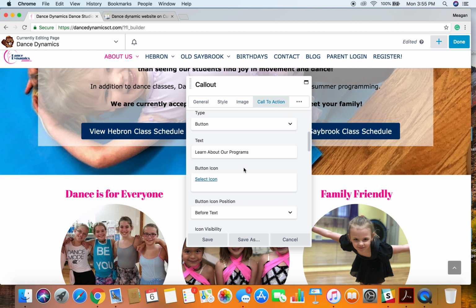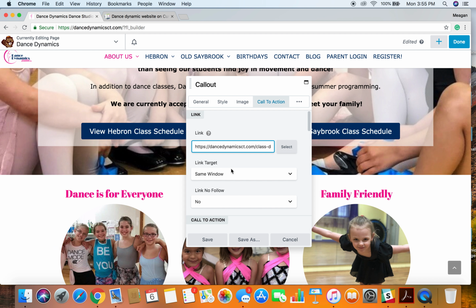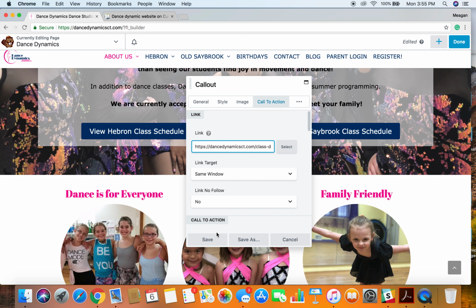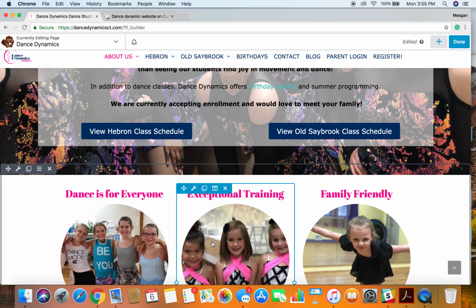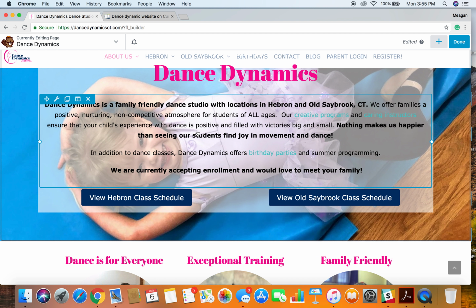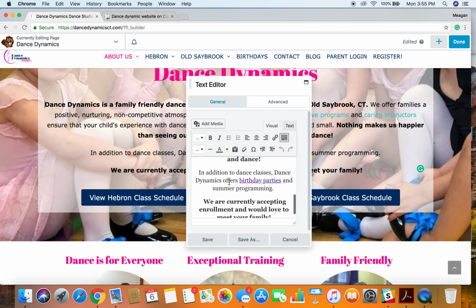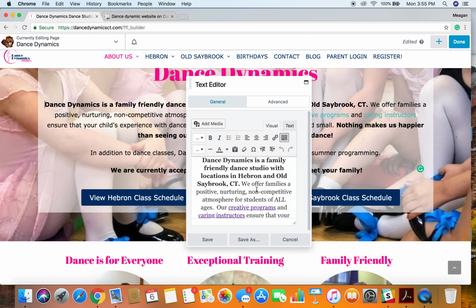So, Learn About Our Programs, you could add an icon. So it's all pretty intuitive, I think. And then when you're all done making changes, you're going to save it. And same thing here. This is what's called a text box. So if I click it, it should be pretty intuitive where the text is, you can just